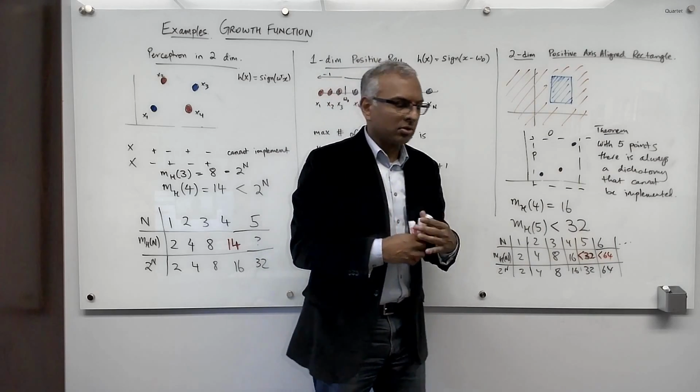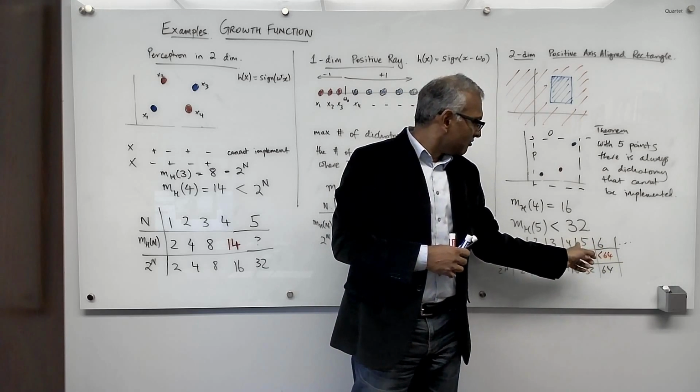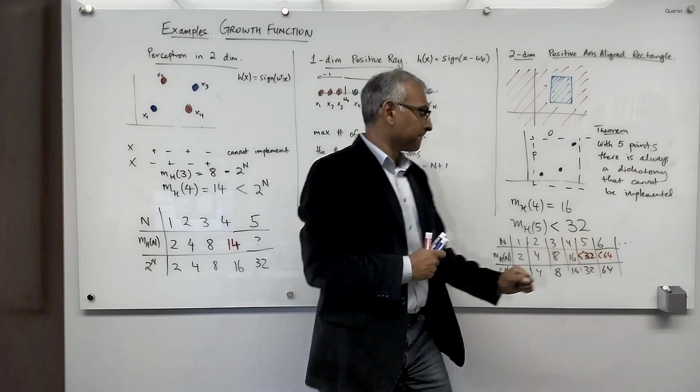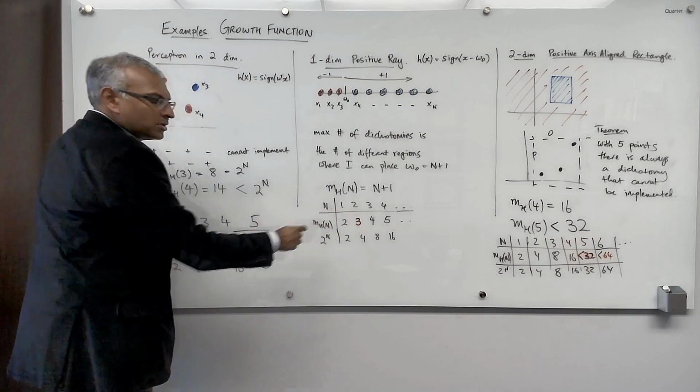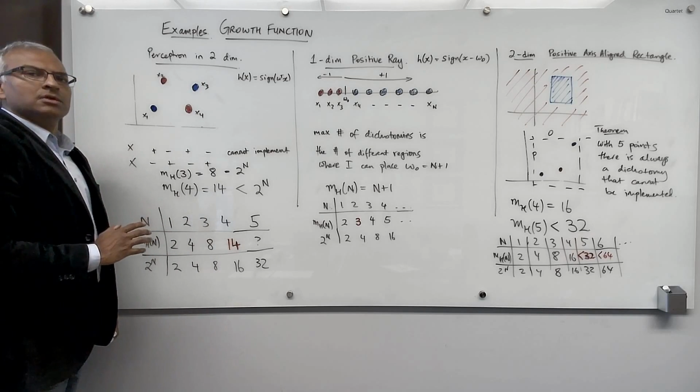So we know that it's going to be broken there as well. It's going to look broken. This hypothesis set has gotten broken, has gotten deficient. 4 data points is not sufficient to reveal a deficiency, but 5 is. Okay, 2 data points enough to reveal a deficiency. 4 data points enough to reveal a deficiency. So